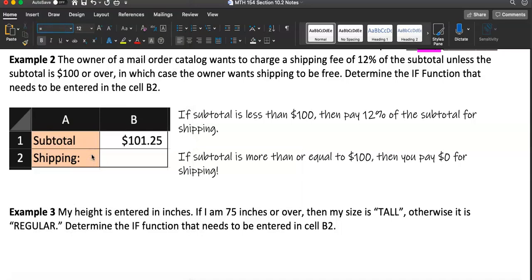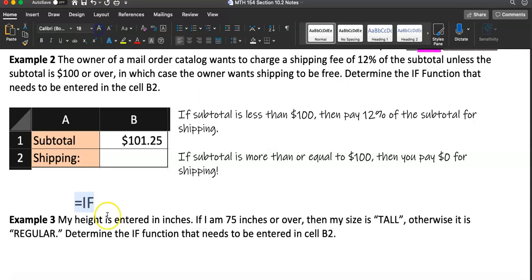So equal sign, here's a formula. Equal sign, IF. Of course it lost the font that I selected, but that's okay. Let me just make it at least a little bit bigger. Open parenthesis. So what's the logical test? The logical test is this: if the subtotal is less than 100,